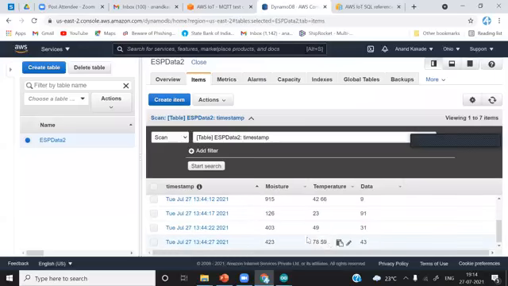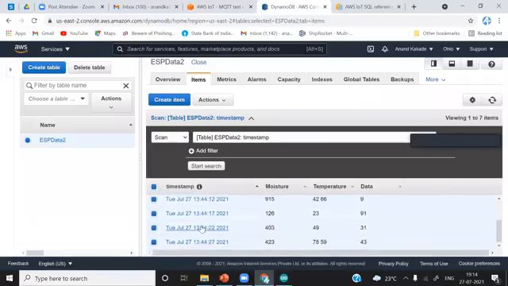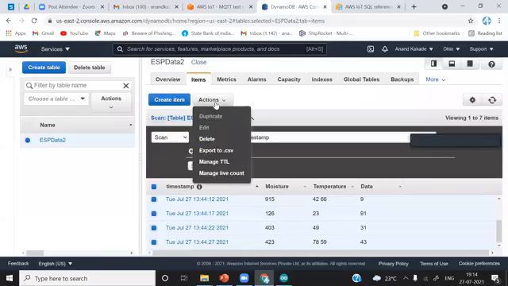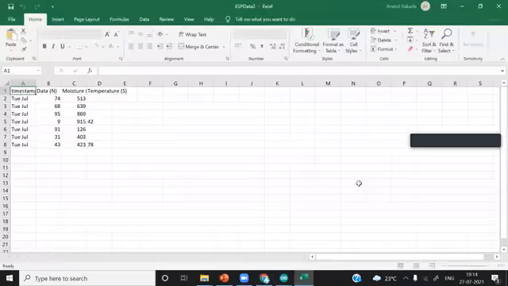By mistake, it serially read all of them because I was pressing so fast. So what you can do is select all these rows of data and simply export .csv. You can export this file. I will just open this file.